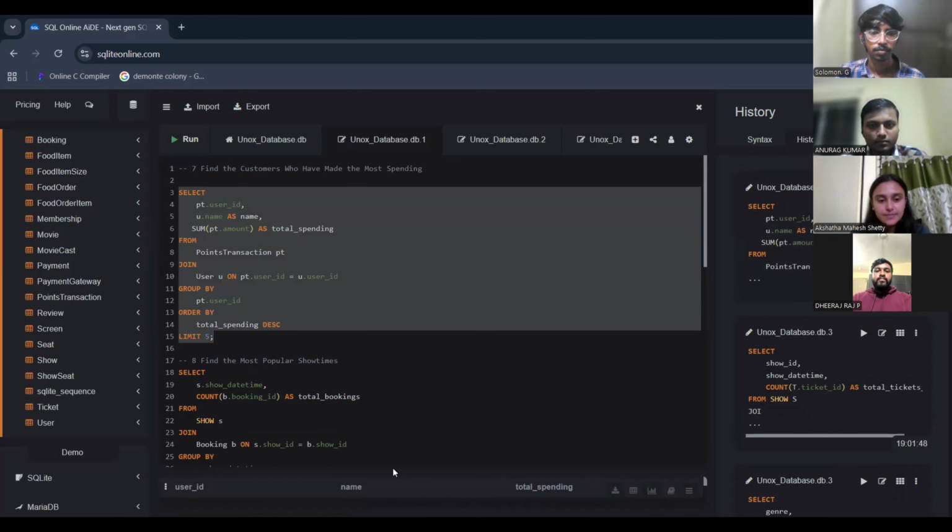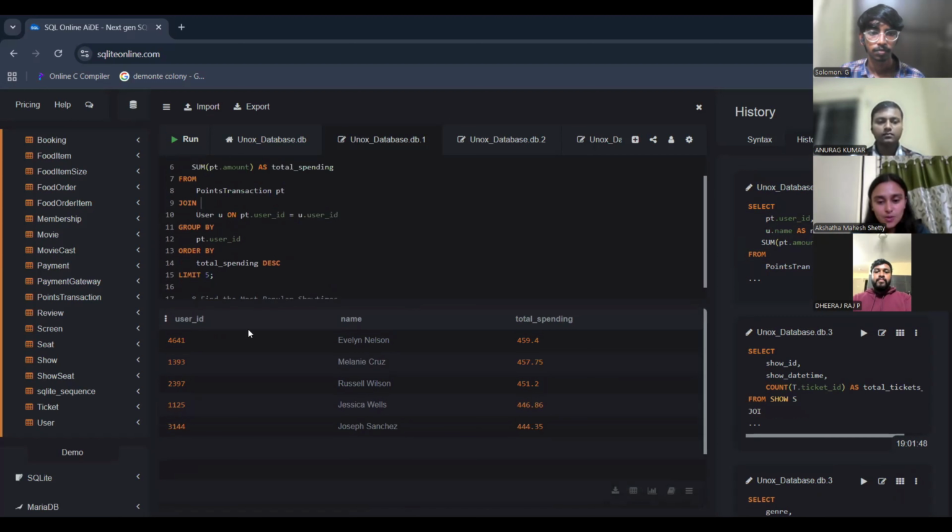As we can see, the user ID, name and total spending were shown in the output, and you can see the total spending, how much they have spent. And the next program, now